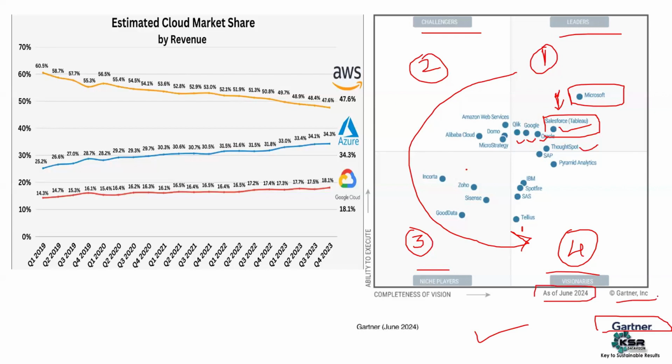Why Gartner does this is, they try to give you an idea. If you're trying to learn or analyze any specific product, which product is the market leader, how that product is improving, and whether that product is matching the market expectations or not. Microsoft is nothing but your Power BI. In terms of BI, Power BI has been the market leader for the last 6 or 7 years.